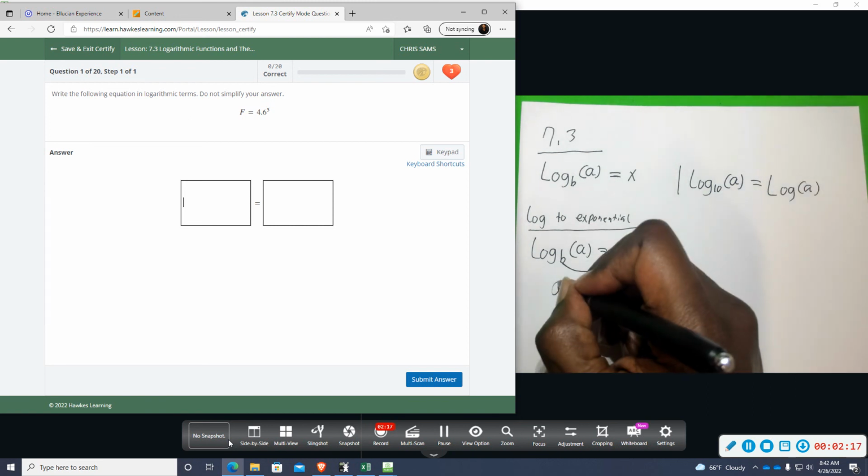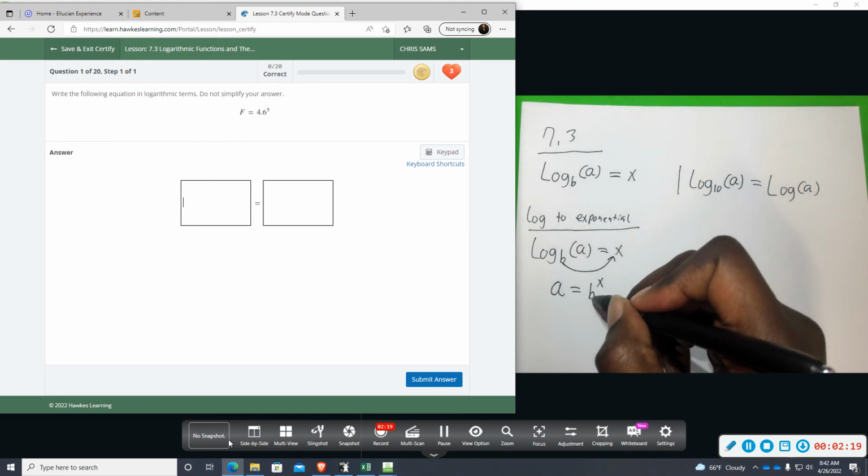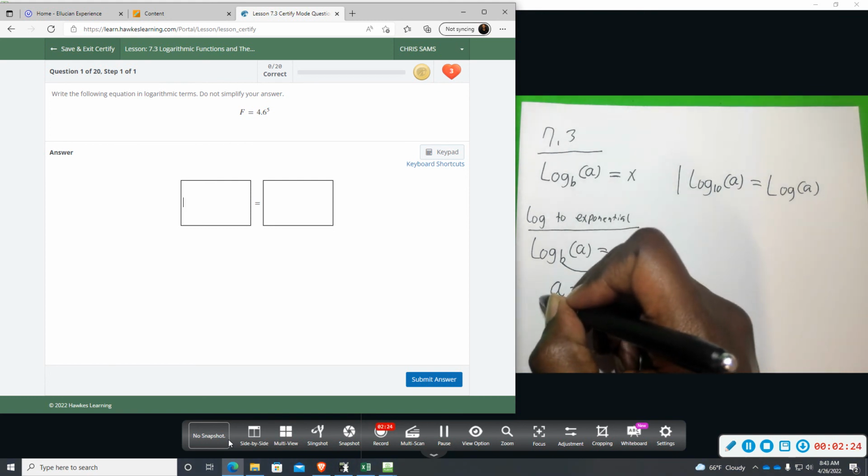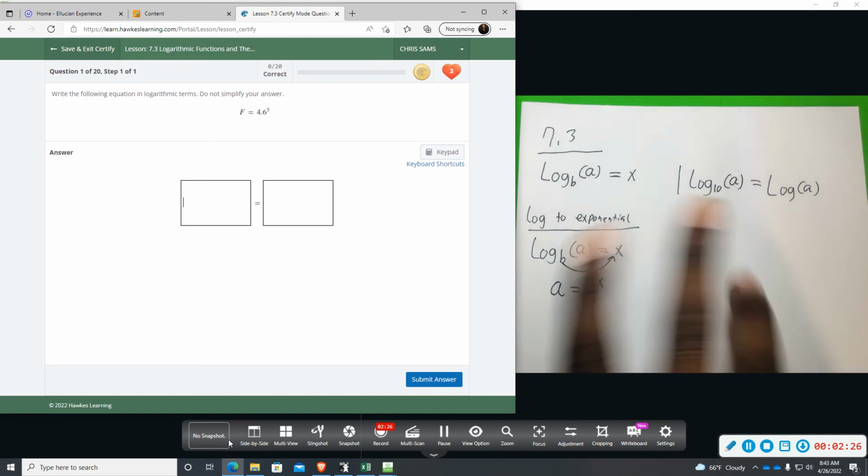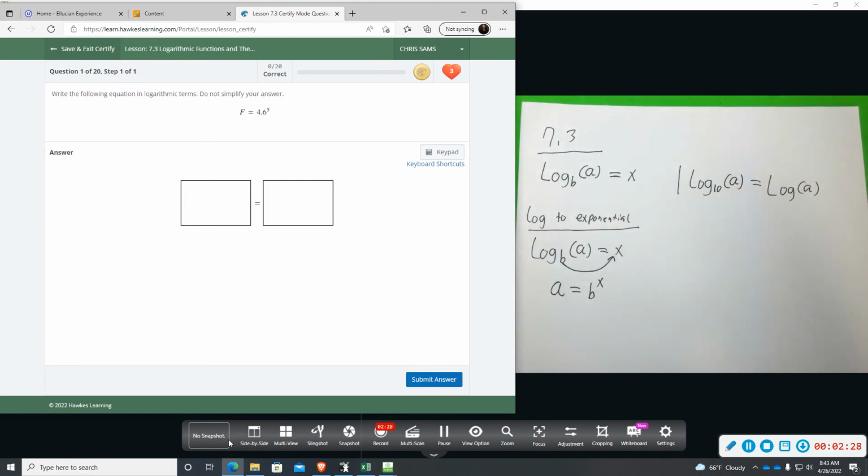And then it's the same thing. Going backwards, you would just remove the base of the exponent and put it over here, and it will become the base of your log. Okay, so you want to be able to go forward and backwards. So just for example,